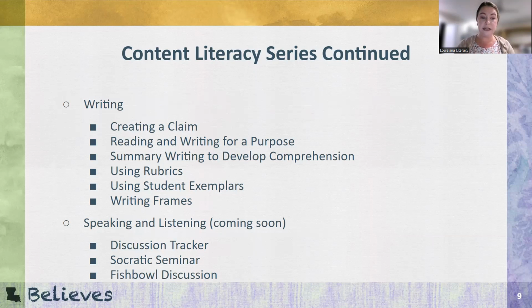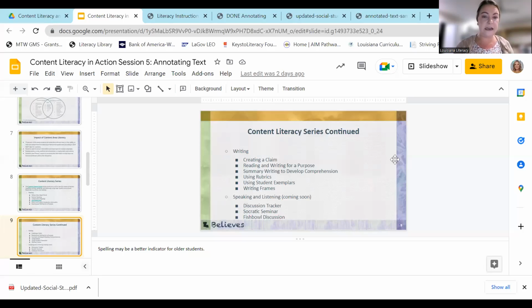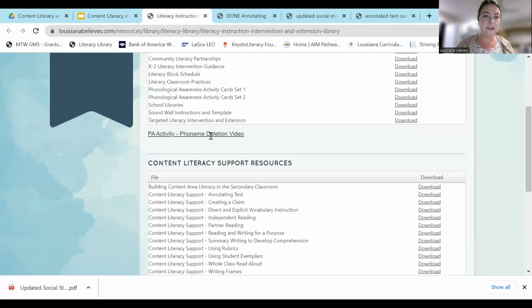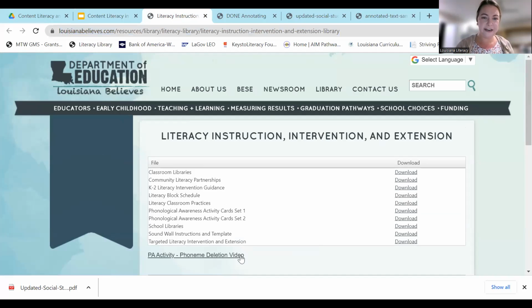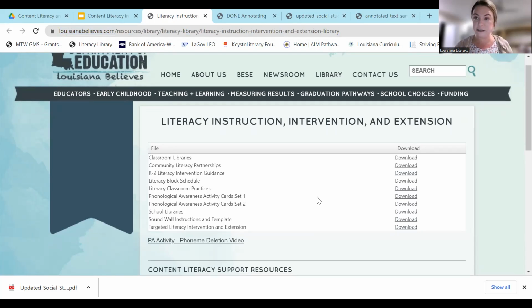Coming soon is our speaking and listening component. So a discussion tracker, a Socratic seminar, and a fishbowl discussion, how to do those things. So I'm going to hop out of the presentation real quick, and I want you just to see where these are housed. So I'm going to put the link in the chat, but, oh, and Lisa already did. Thanks, Lisa. Okay, so when you're coming over to our literacy library and you click on instruction, intervention, and extension,